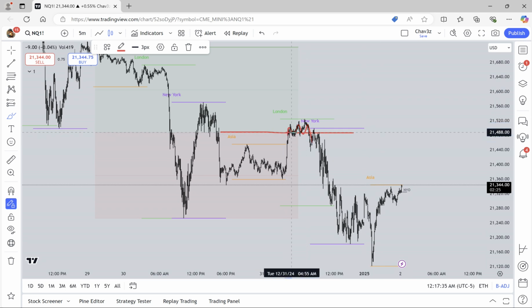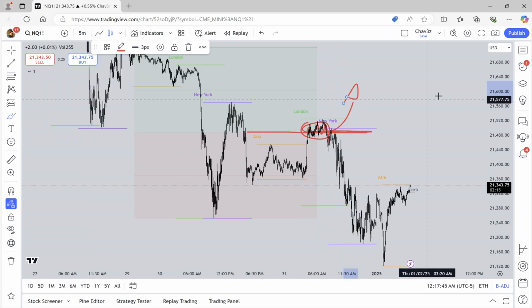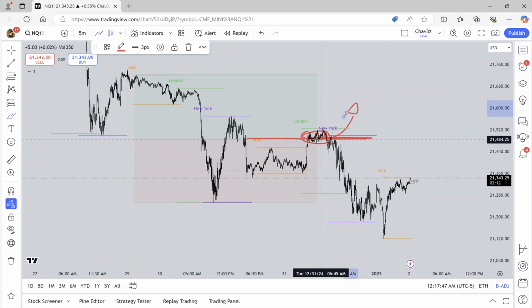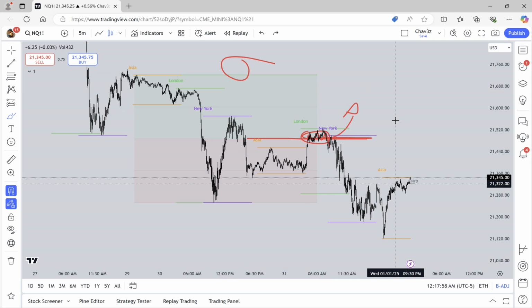So everyone that traded this specific time of the day was long. This is how I view it. Everybody was long. Everybody thought that price was going to do what? It was going to break out. It was going to break out of this accumulation and attack what? The higher day, or it was going to attack higher price.